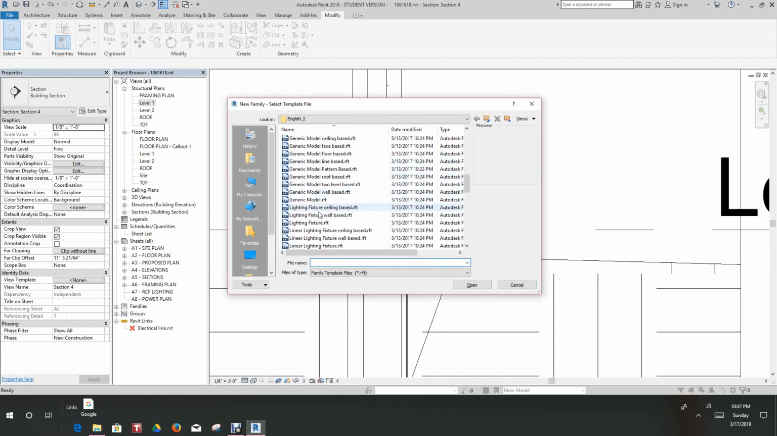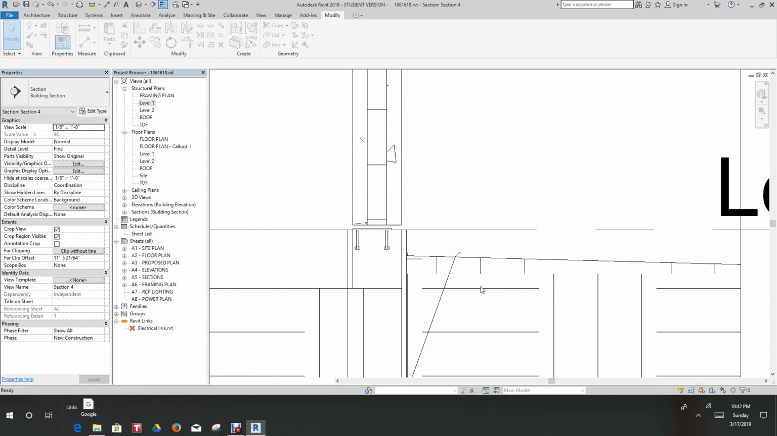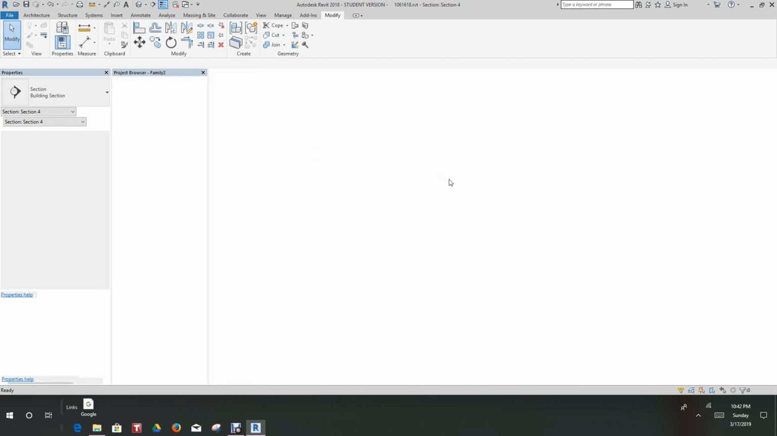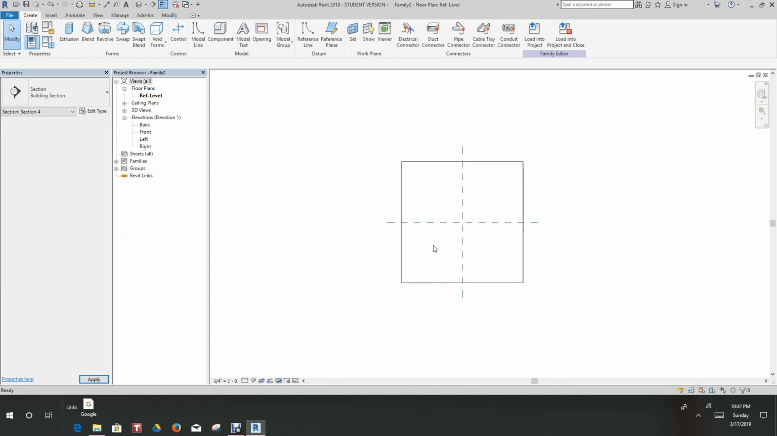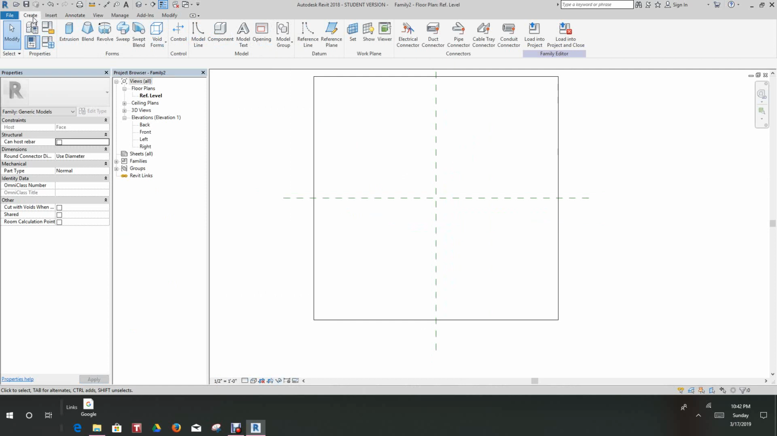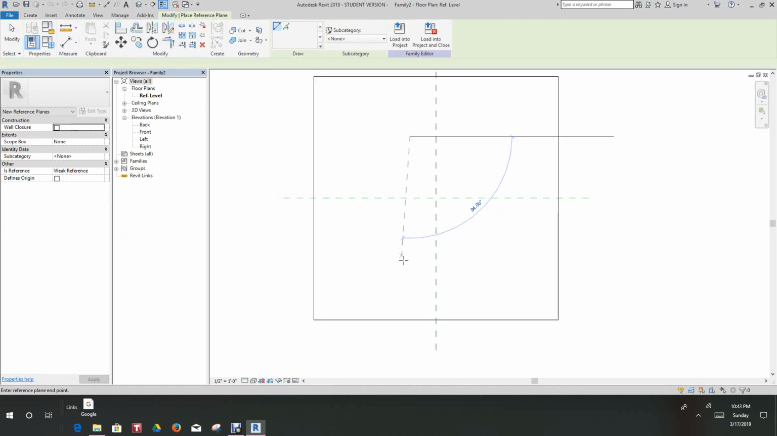And we'll go back and down again to our generic face-based. If I can find it. There it is. We'll click Open. Now this plate will be very simple. Just go Create, Reference Plane. Go here,